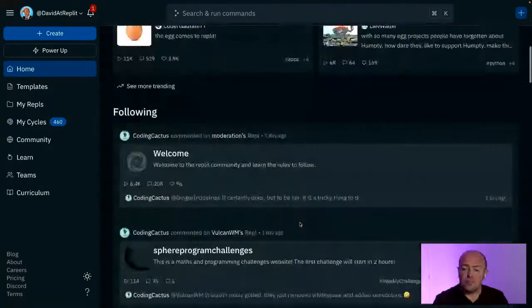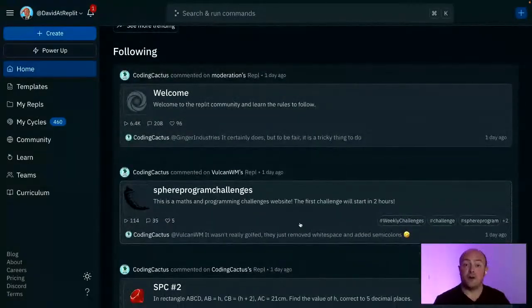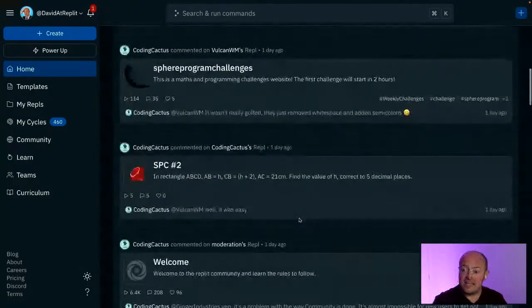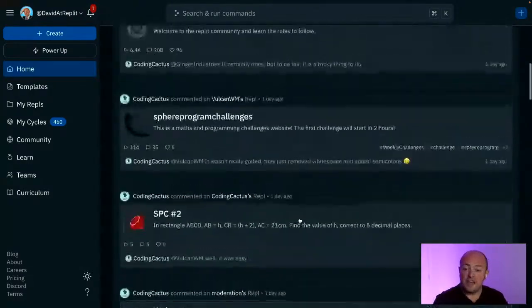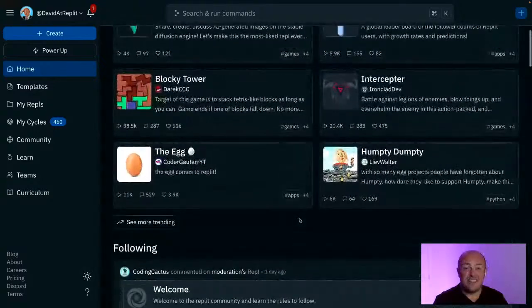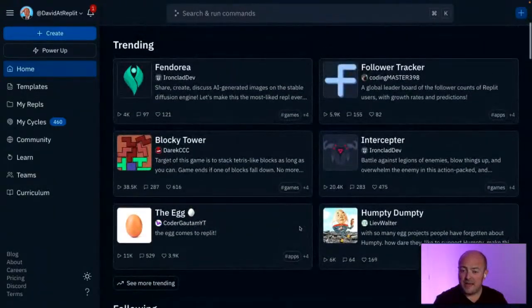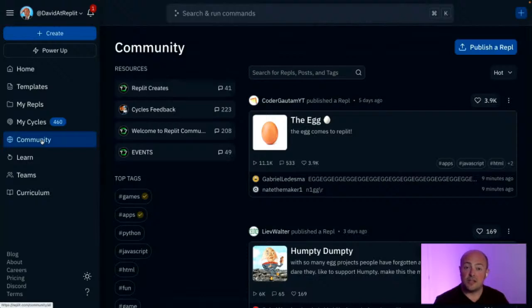Now, we've also got a new following feature where we can follow our favorite creators. You can see I've got my following feed here, see what everyone's up to, and I can go in and I can see anything new that's going on, any comments people have made, and engage with them. The community tab then is one of the most important things in Replit,